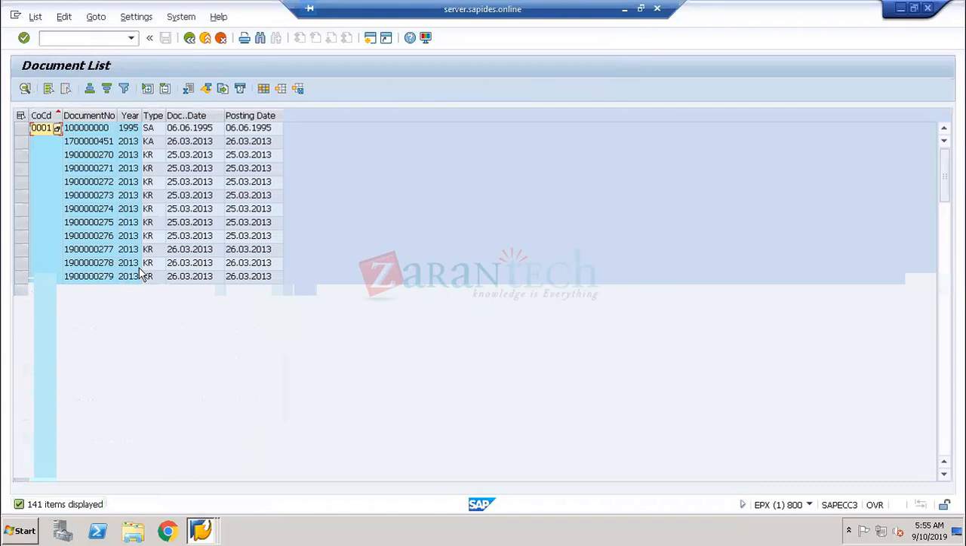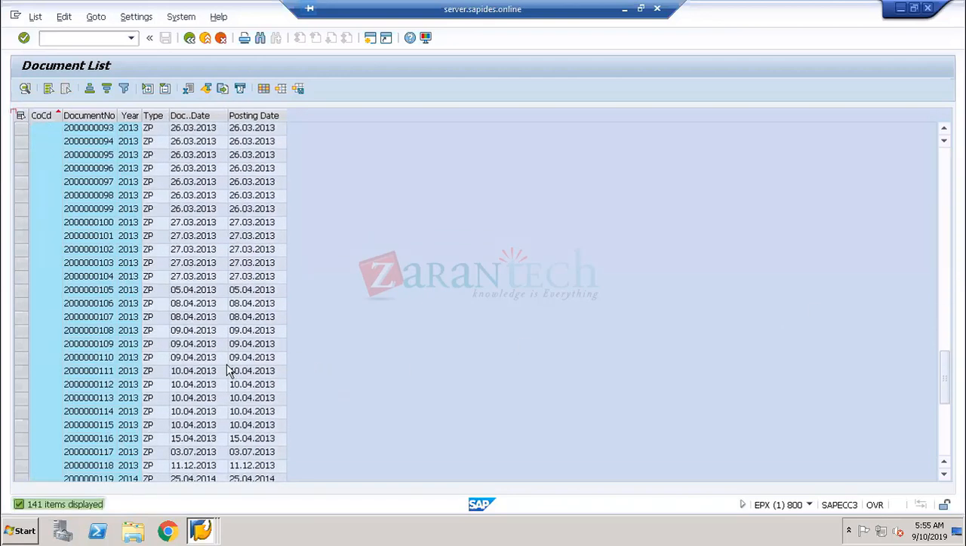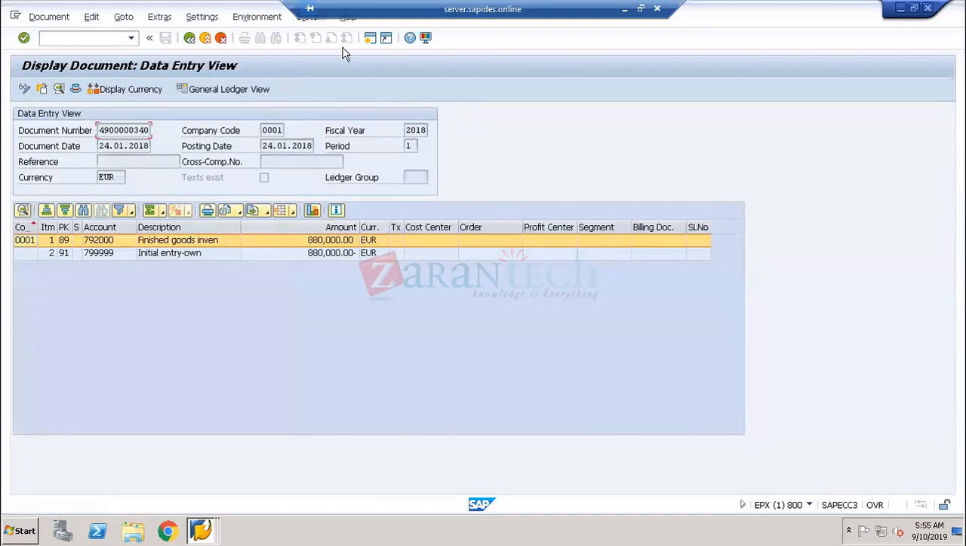So these are the documents I posted in the source system. Lots of documents have been posted in the source system here. If I look, these are the documents from 1995. I'm able to see the documents, and below that, there are a lot of documents posted from 2000 till 2018-01. I posted so many documents. When I open the document,